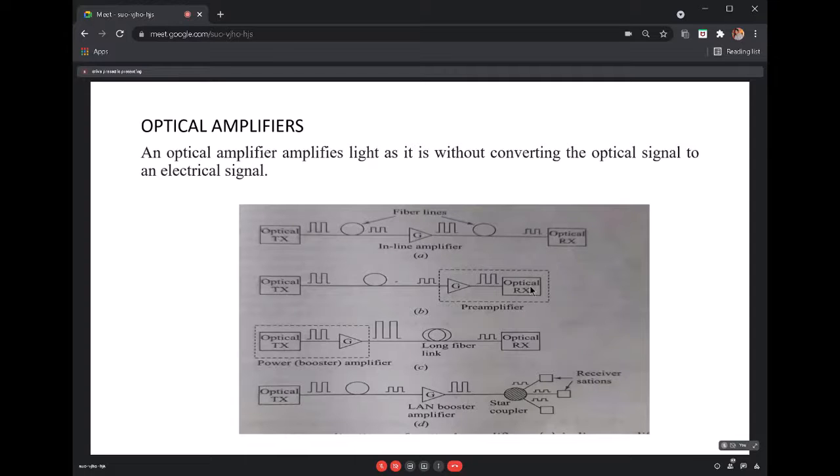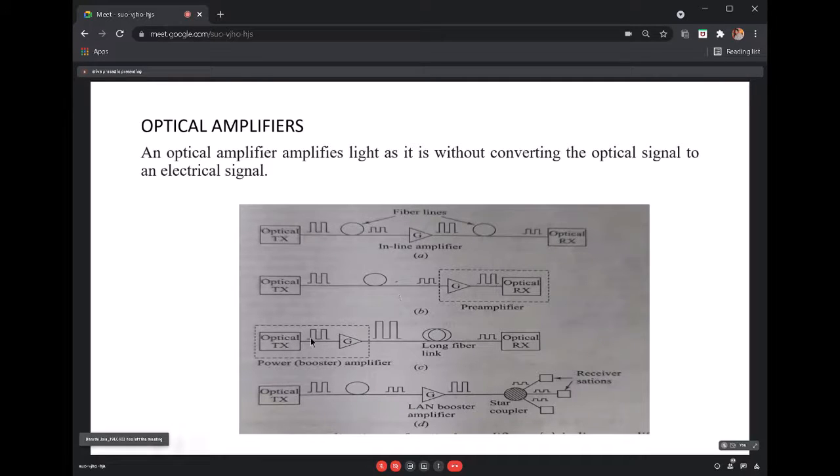In this diagram, it shows a preamplifier. What it does is that a weak optical signal is basically amplified before photo detection. So that means whatever signal we receive will be amplified, so that the signal to noise ratio degradation will not be there. Either it can be compensated by your power amplifiers, or thermal noise or such things.